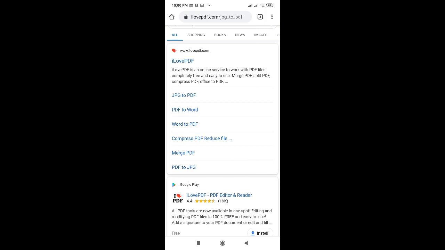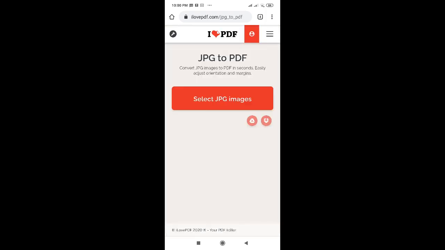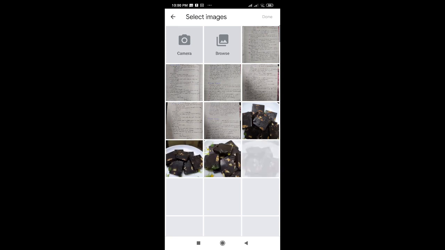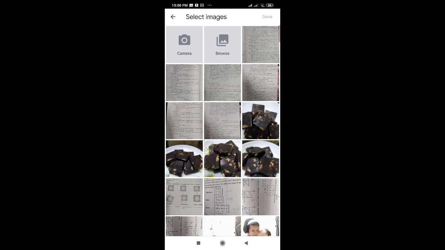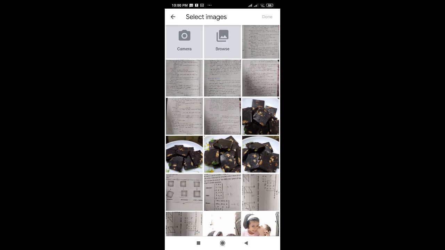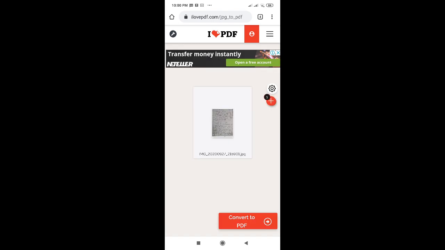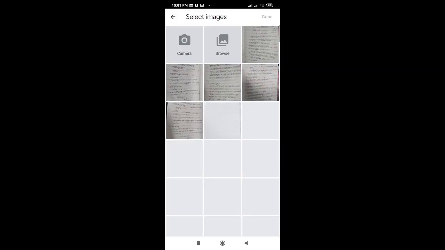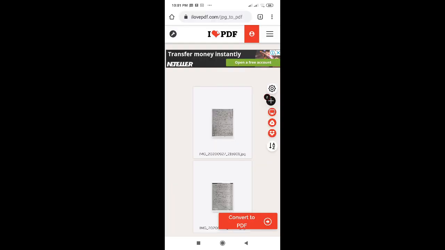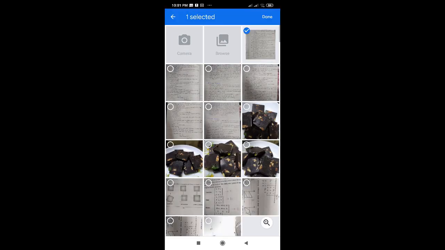Use this, and here you need to select all these files. So select JPG images. You can use your camera directly, or you can add it from your drive also. First find out where your first page is, and accordingly select the images. Suppose this is your first page, this one is the second page, and this one is the third. Select in that way, or just select the first page first, then tap on done. Then again use this plus sign. I'm using it this way so I will select all the files in the correct order. So again tap on the plus and select the third file, then tap on done.